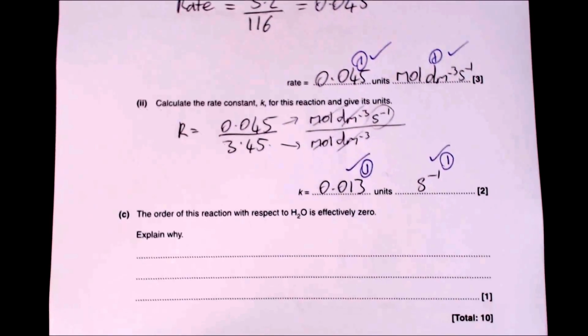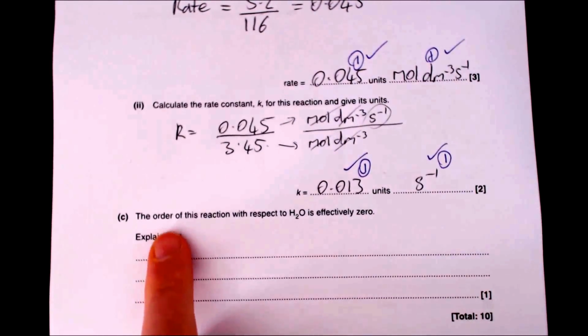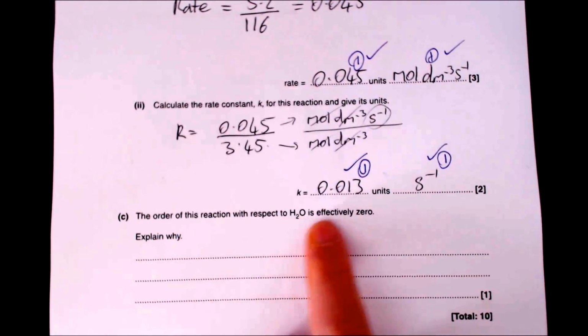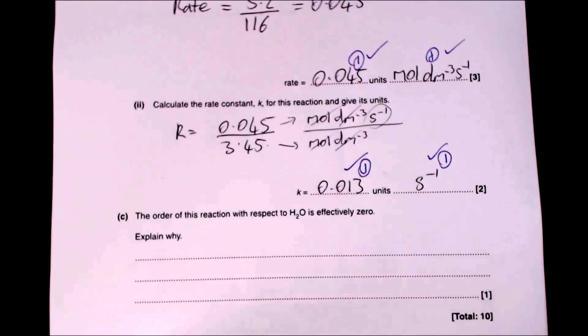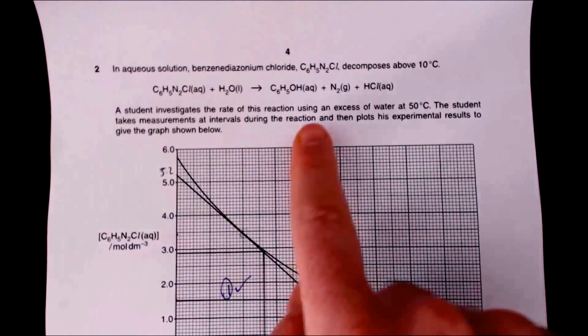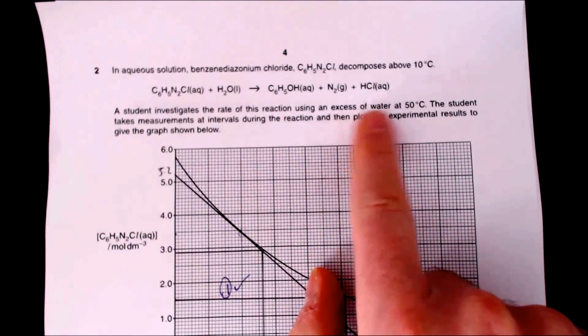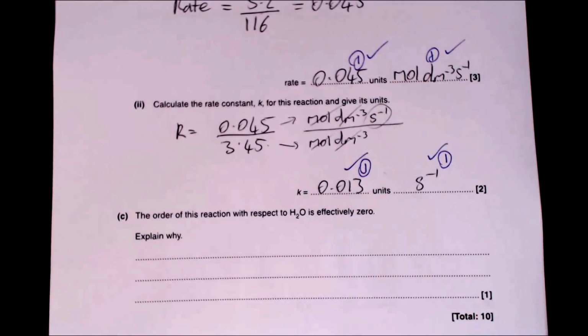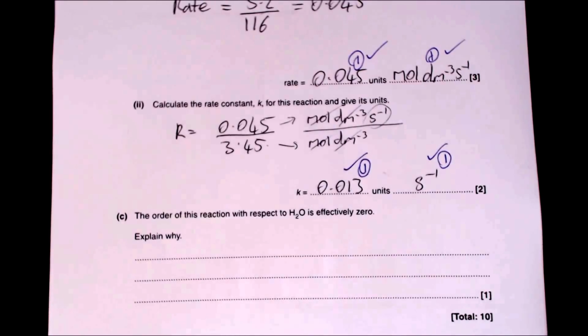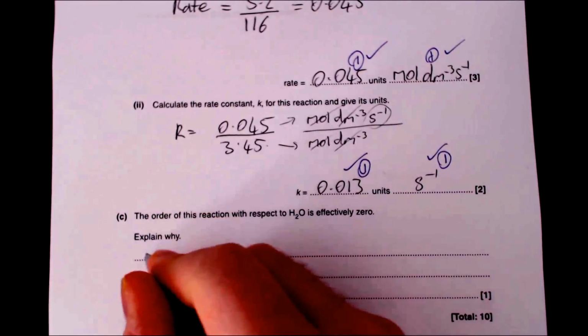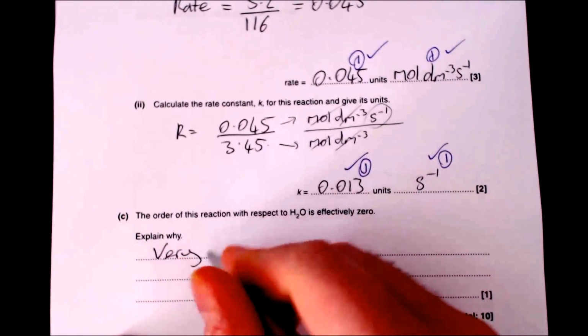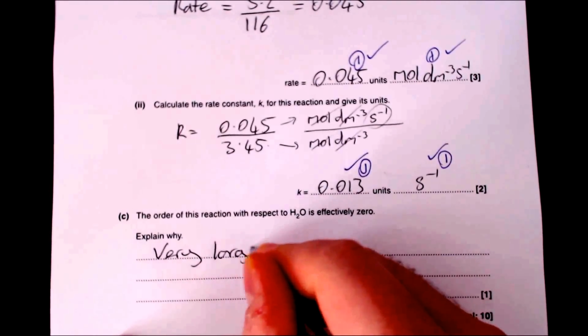Okay, and then part C. The order of this reaction with respect to H2O is effectively 0. Explain why. The main reason is, if we come back to this question over here, this bit at the top, it said that we're using an excess of water right at the start there at 50 degrees. So the reason why the order of reaction with respect to water is pretty much 0 is because we have so much of it. It kind of overwhelms the concentration of everything else. So what we need to say is it has a very large concentration